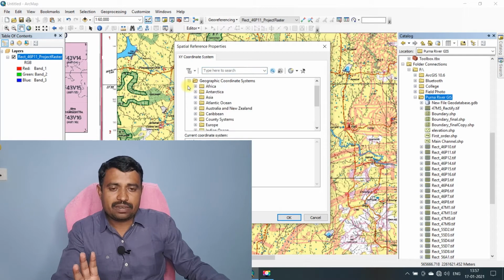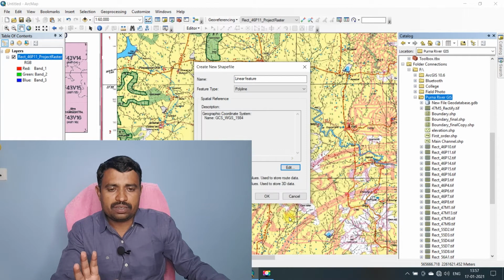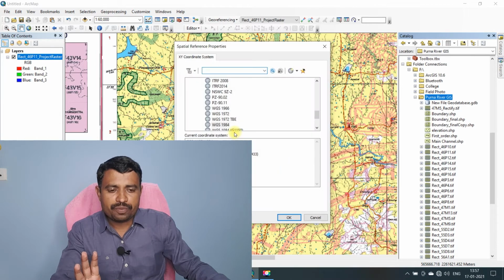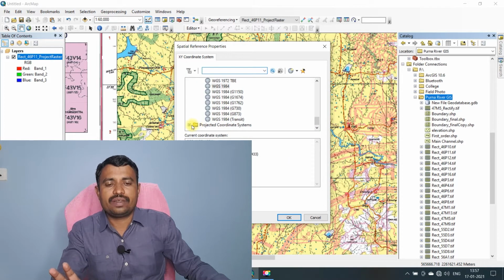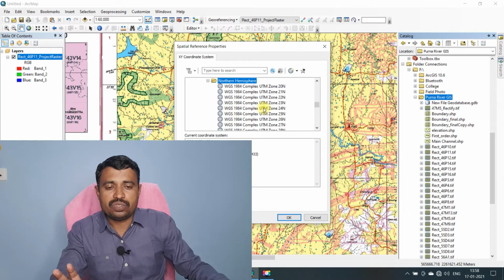Then go into the edit. First we have to give GCS, that is the Geographic Coordinate System, World WGS 1984. Then again go into the edit. Then again we have to give PCS, that is the Projected Coordinate System, that is the UTM WGS 1984, and this area belongs to the UTM zone 43 north.